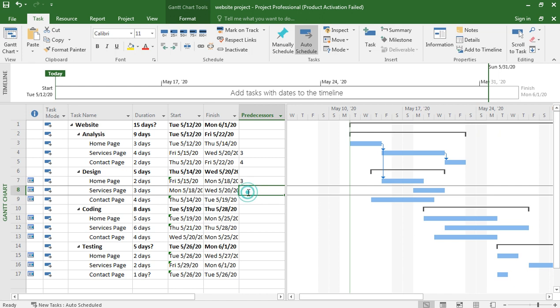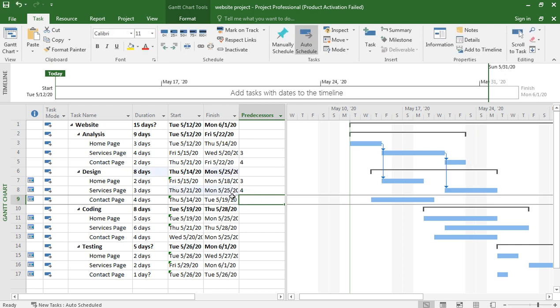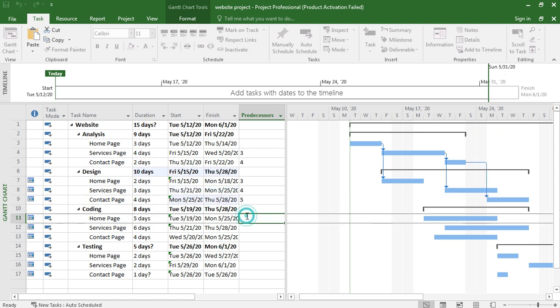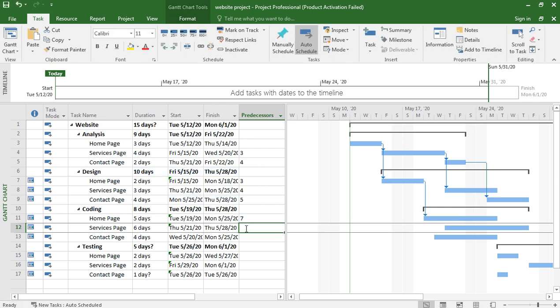Okay, so for the home page the predecessor is analysis phase, home page, this task 3. Okay, because we cannot start design unless we analyze it. So analysis complete, this 3 is analysis phase, and design, its predecessor is 3, and for the services page the predecessor is 4. And for the contact page the predecessor is 5.